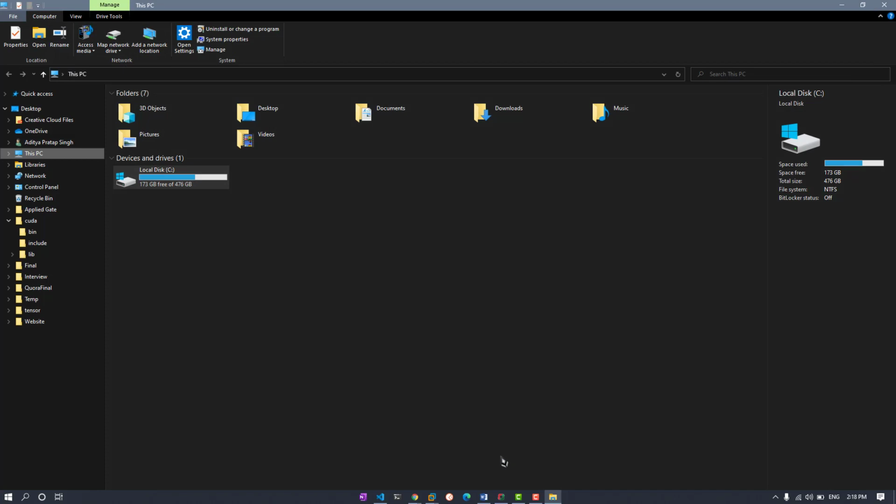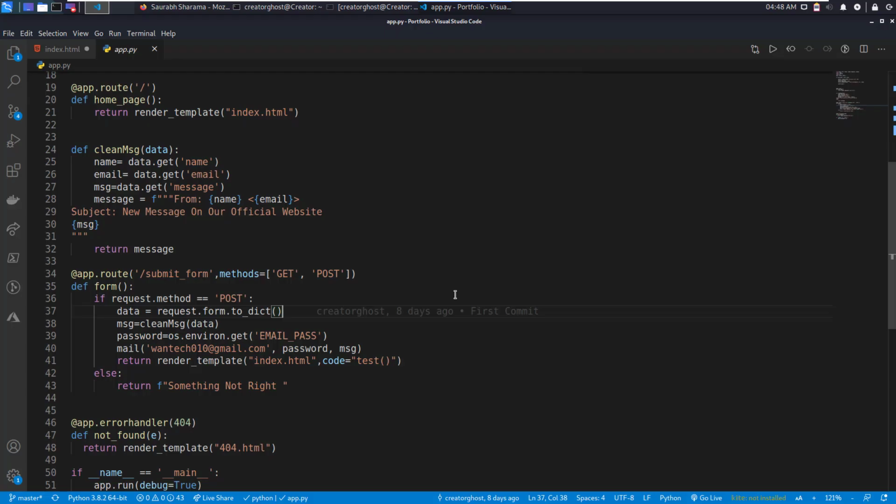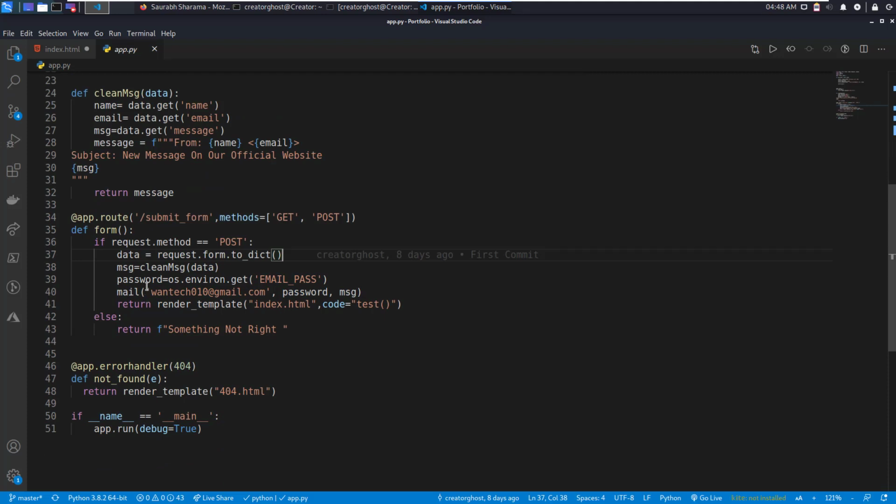Once you are done saving your email password, you can move on to the next step. So here we get the password, and now we are sending the mail. We are trying to send mail from the sender email address, so from my OneTech email ID, I want to send this message. Here is our message, and here is the password.